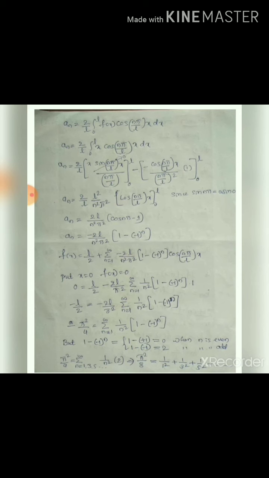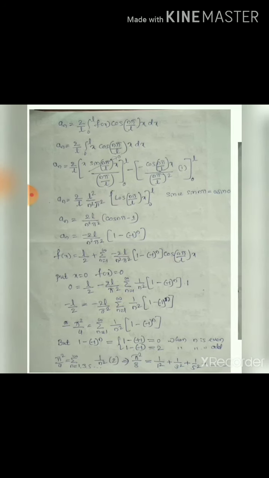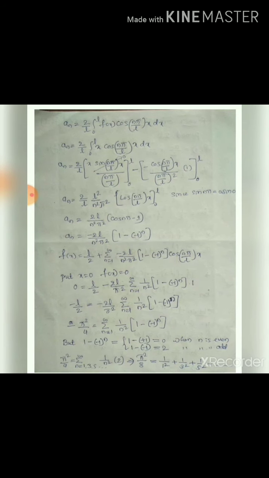Now solve this integration with the u v formula. In the integration of u v, u is x here and v is cos n pi by L x. Therefore, a n equal to 2 divided by L,